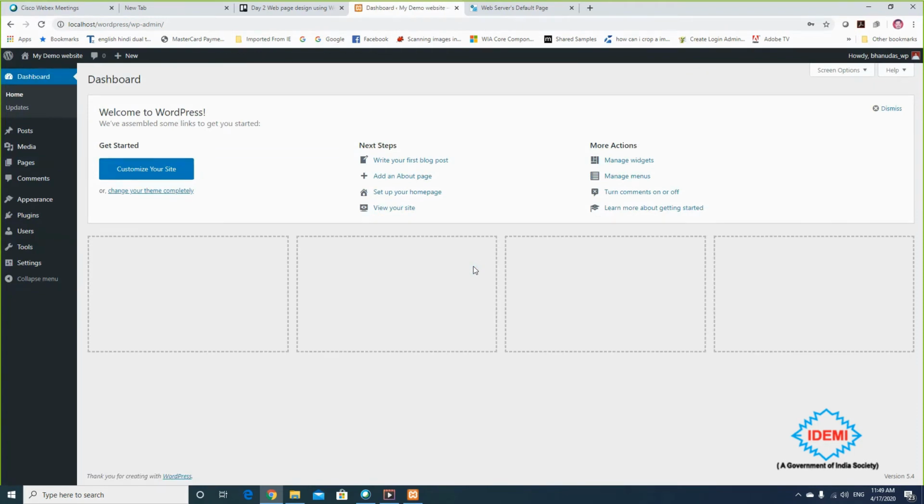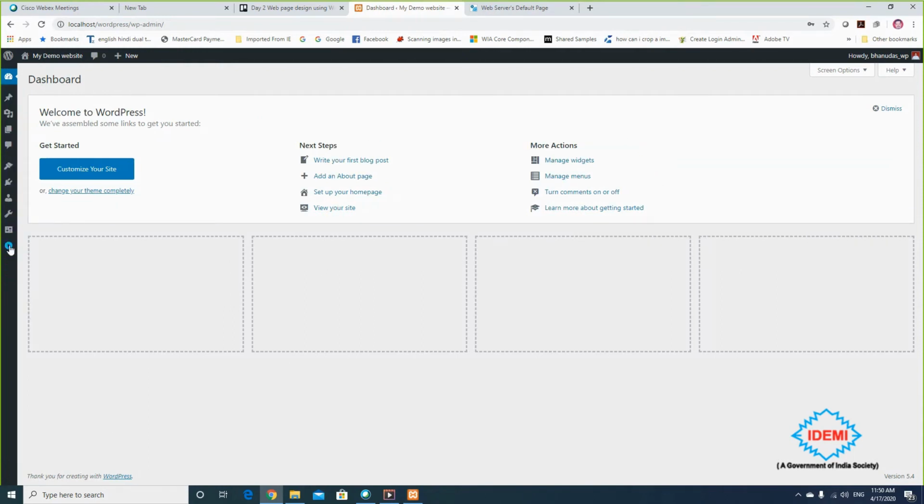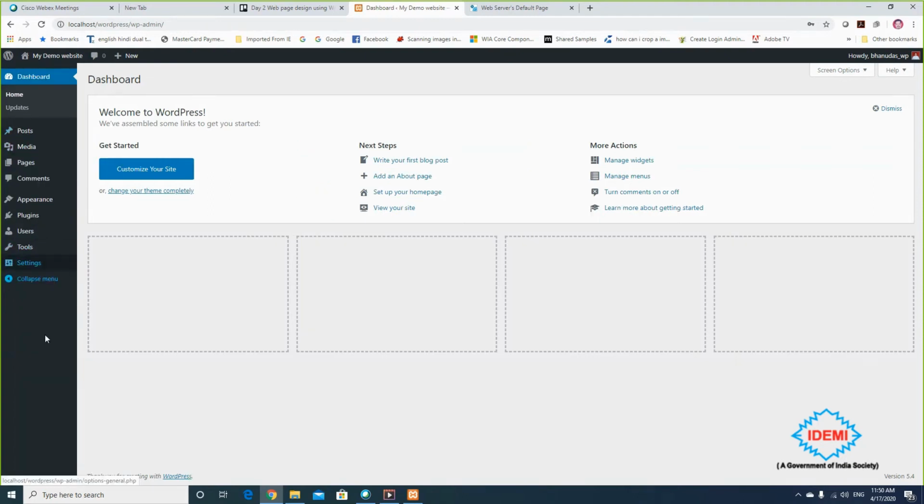So this is the architecture of WordPress. I'm going to understand each and every part. Look at the left-hand side. The left-hand side has options like posts, media, pages, comments, appearance, plugins, users, tools and settings, and the collapse menu. When you click here, the menu is hidden. Again you click here, the menu is open with the labels. So I'm moving my mouse, and every time it will give me a submenu option.